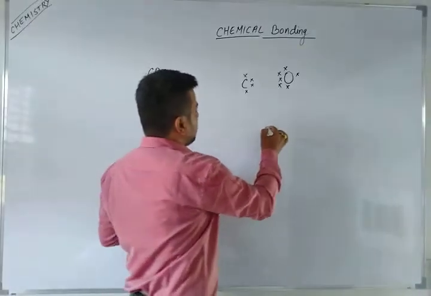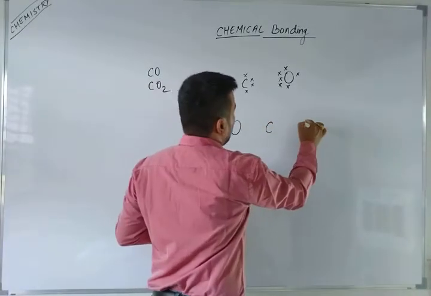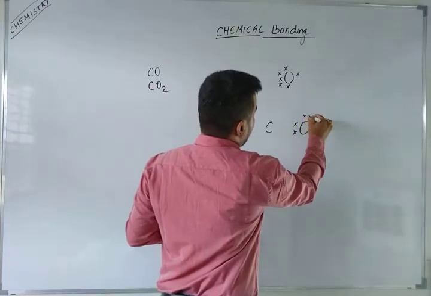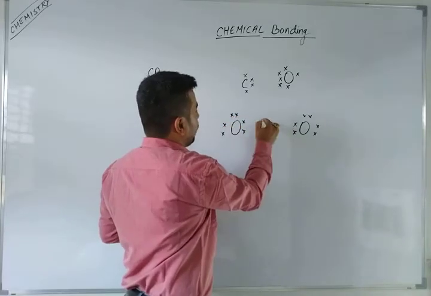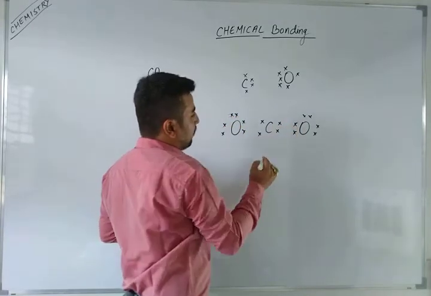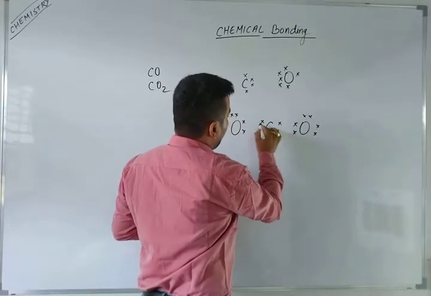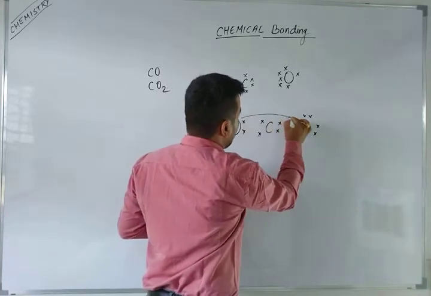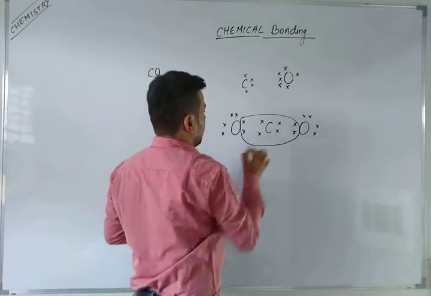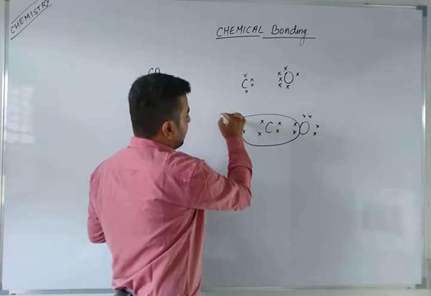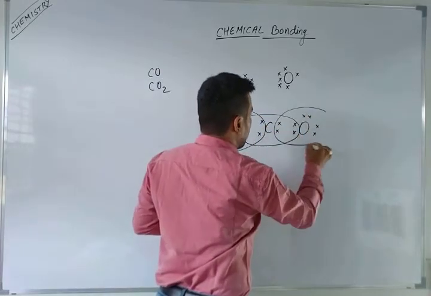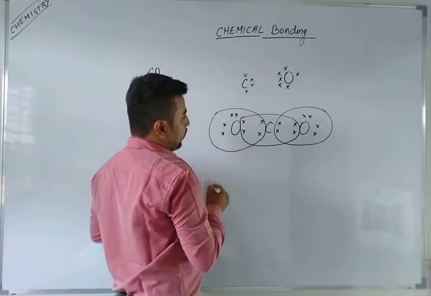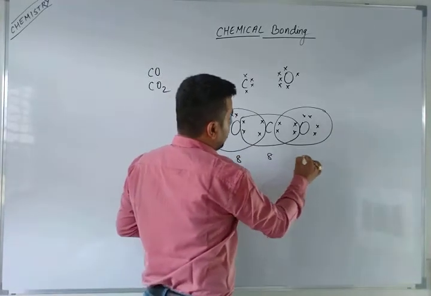If I talk about carbon dioxide, it was very simple. Oxygen has 6 valence electrons. You can see it was very easy, and I hope all of you did it in the previous video, how these elements complete. You will see here 1, 2, 3, 4, 5, 6, 7, 8. So what will carbon do? Carbon will share these 8 electrons. And what about oxygen? Oxygen has 6, and here 2 electrons this oxygen will take, and these 2 electrons the other oxygen will take. So if you count the total number of electrons, 8 for oxygen, 8 for carbon, and 8 for oxygen.